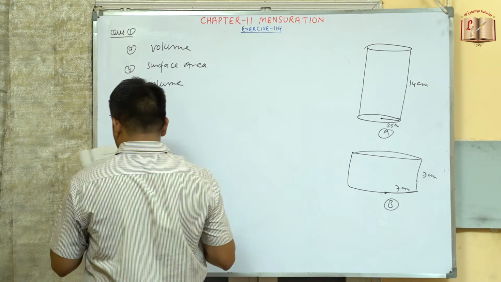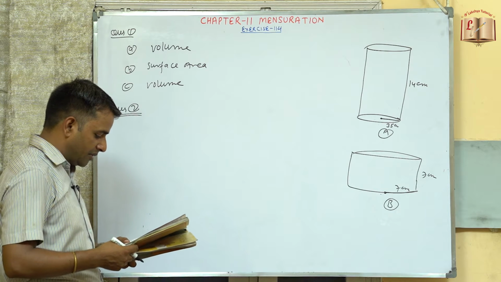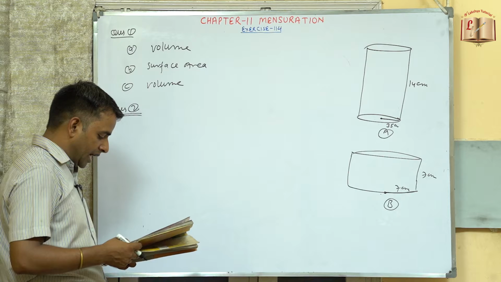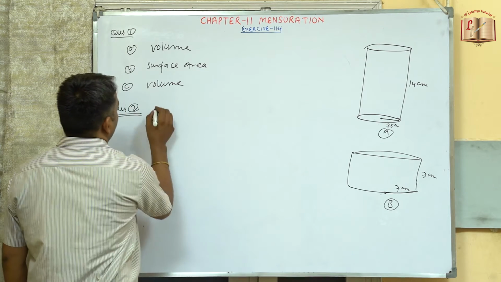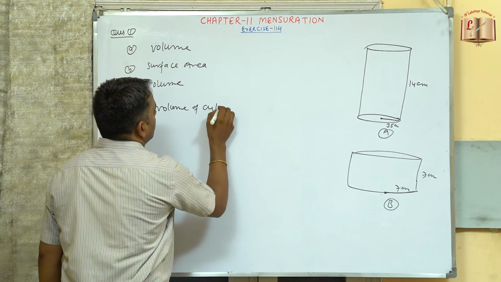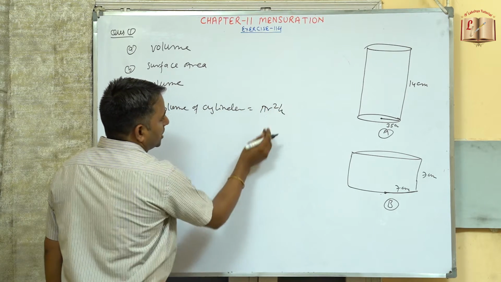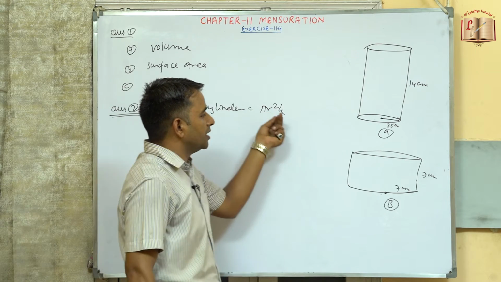Now we will find out about the cylinders. A has diameter 7 centimeter and height 14 centimeter. The diameter of B is 14 centimeter, height is 7 centimeter. Without doing any calculation, can you suggest which volume will be greater? Obviously, the volume of a cylinder is equal to pi r square h. So it depends on the radius. Now greater radius will have the greater volume.